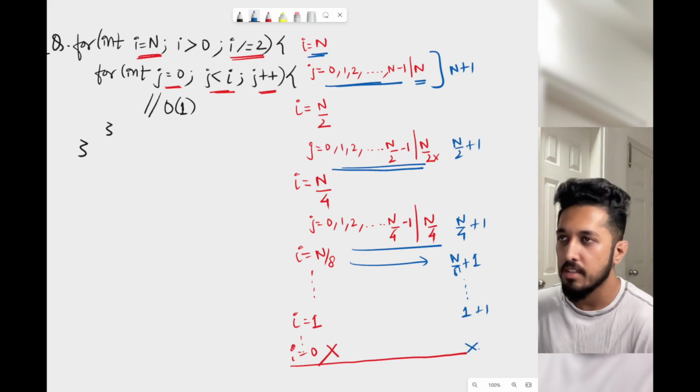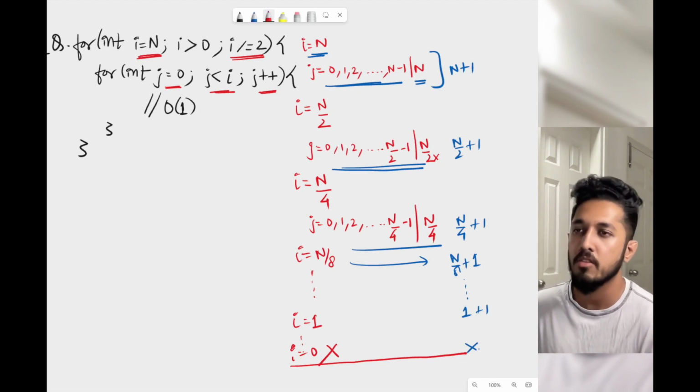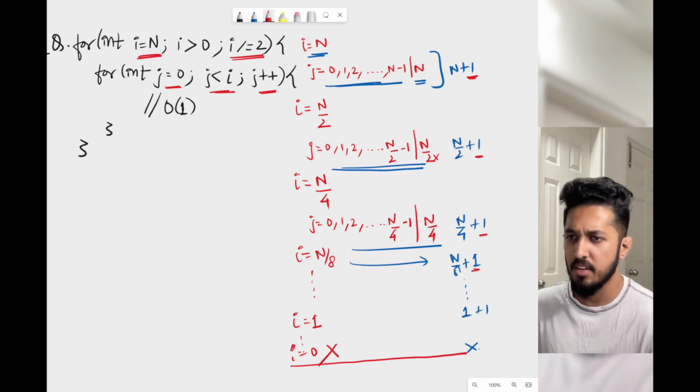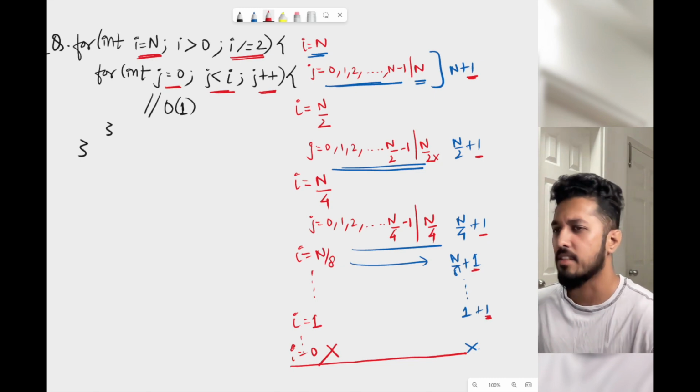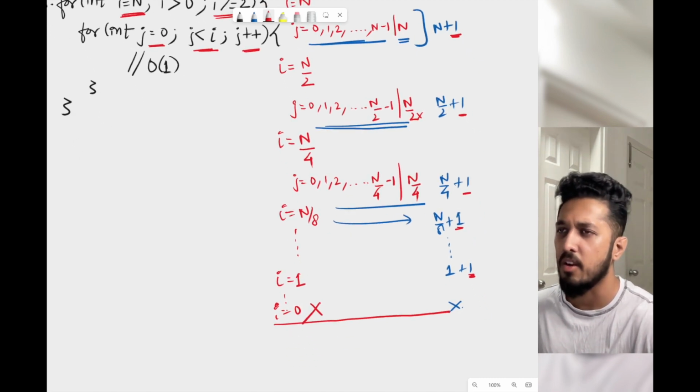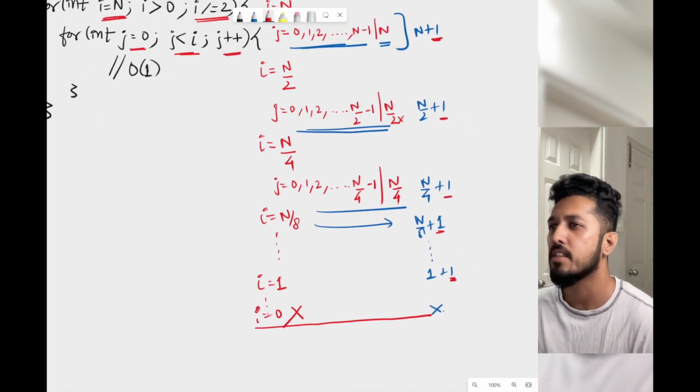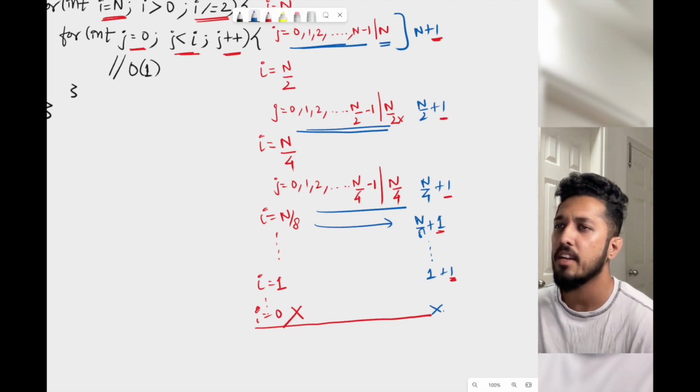So we can see that the sum of all of this is going to be, obviously this 1 is a constant, either we can add or we can ignore. For now, it's our wish, but still I'll not ignore it for you as you're learning it for the first time. So we can say that we are going to have n, so the time complexity is going to be the sum of